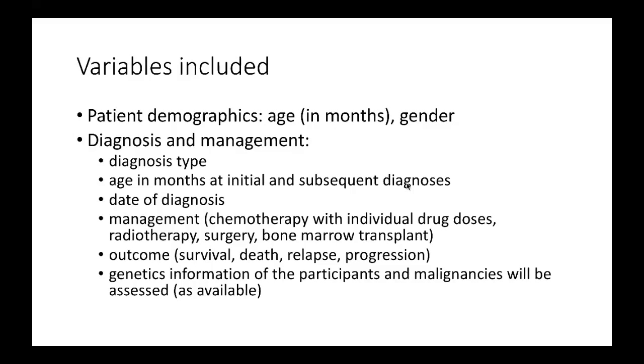So date of diagnosis, all details of management of initial and SMNs such as chemotherapy with individual drug doses, radiation therapy, surgery, bone marrow transplant, and then also to focus on survival outcome with identification of survival, death, relapse, and progression as endpoints and outcomes. We are going to try and be ambitious and include genetic information available on participants and malignancies. So this is not exhaustive. This was revised recently as well in CPSS. So this will not be all types of genetic predisposition syndromes,